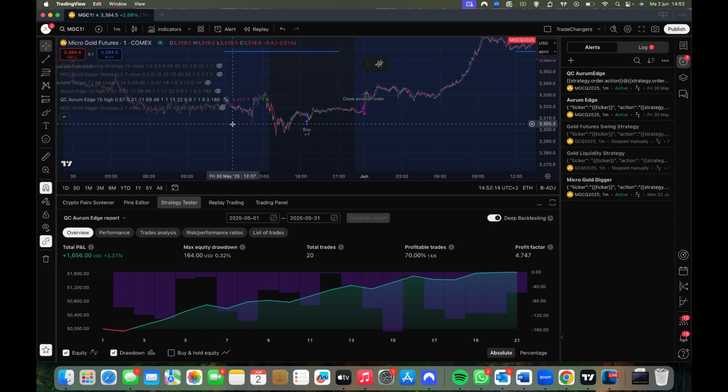So it's a very, very solid strategy. And you see here we have a total P&L in May of 1.6k. Max equity drawdown $164 only, which is very low. 20 trades in a month, 70% profitable trades, a profit factor of 4.7 is very high. So it's not overtrading, it's just 1 or 2 trades a day. Sometimes we don't have a trade a day depending on the market conditions. So maybe it's a bit boring, but yeah, better boring and profitable than a lot of trades and losing